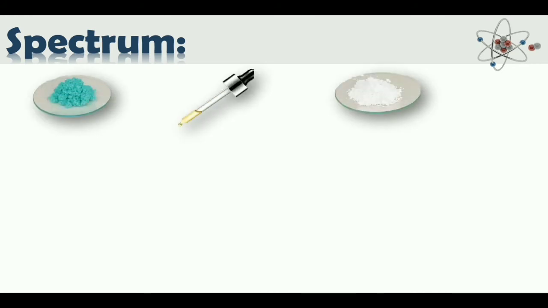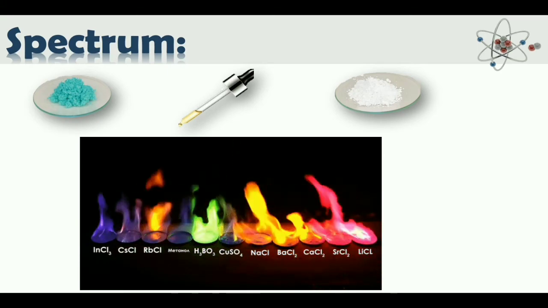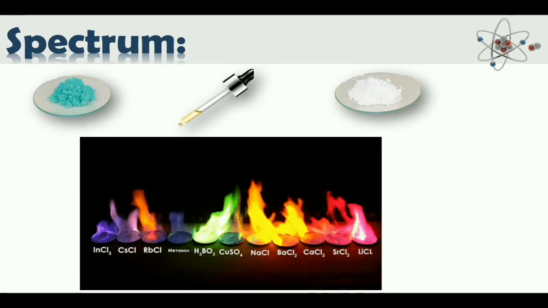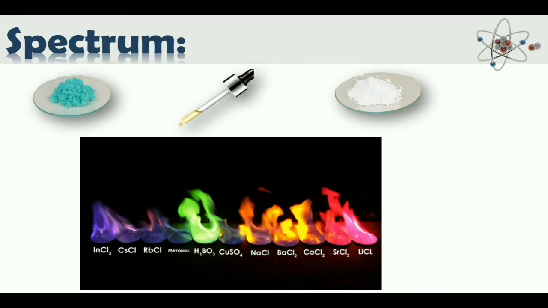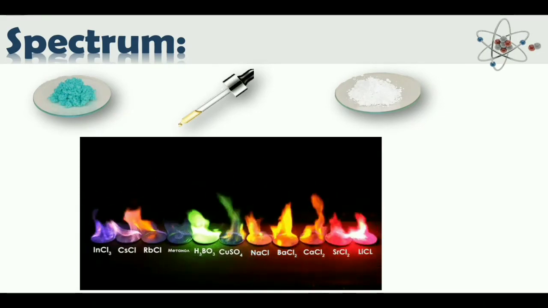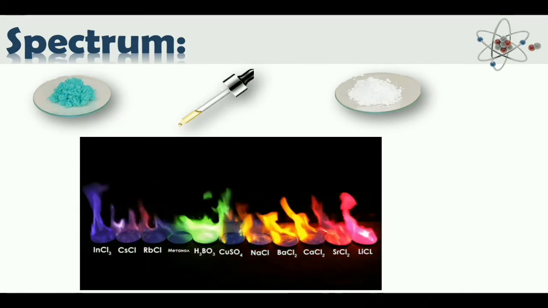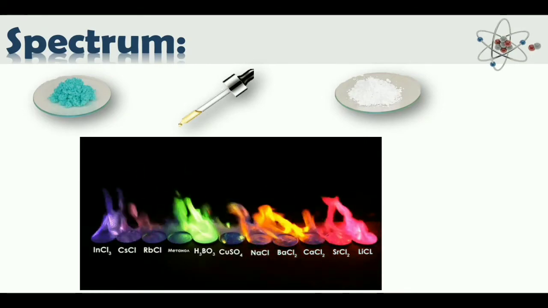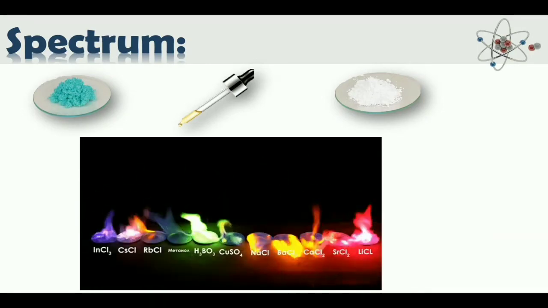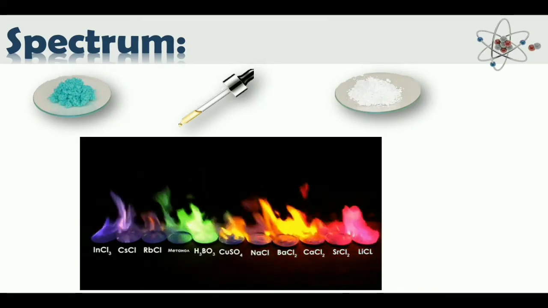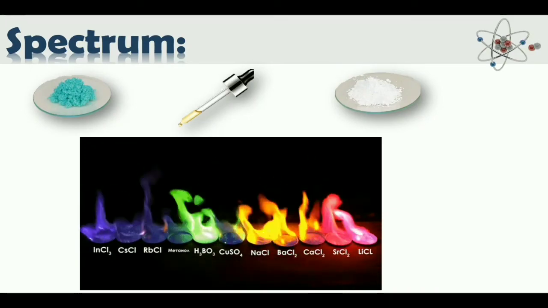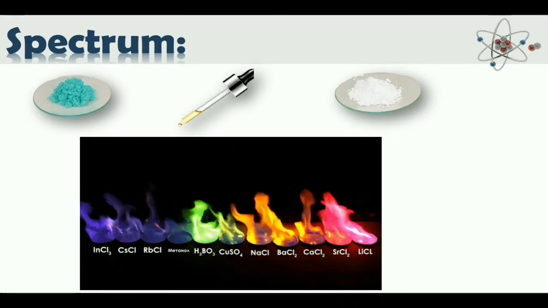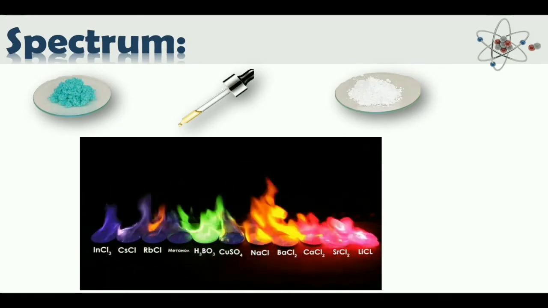So we have taken copper chloride and chromium sulfate. Then we added sulfuric acid and we just start burning. You can see here we have taken different types of compounds, added some acid, and burned them. You can see all the colors exhibited by different compounds are different. You can see a rainbow here itself: indium violet color, lithium red color, copper green color. Like that, each compound has its own color to exhibit.